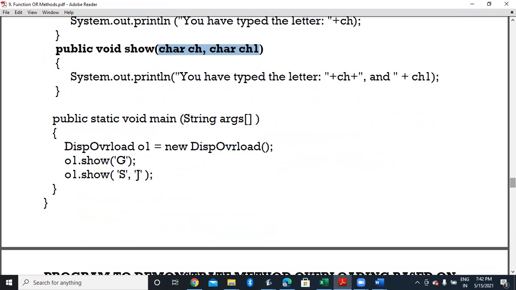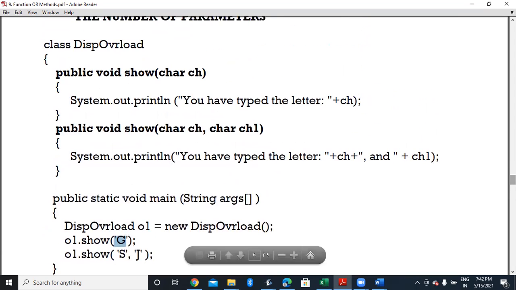So when in the main method, I'm using my call by value method, when I pass one character value, the first show function having one character parameter will be called. And when I call show with two arguments, then you can see it will call the function which has two character parameters in its parameter list.